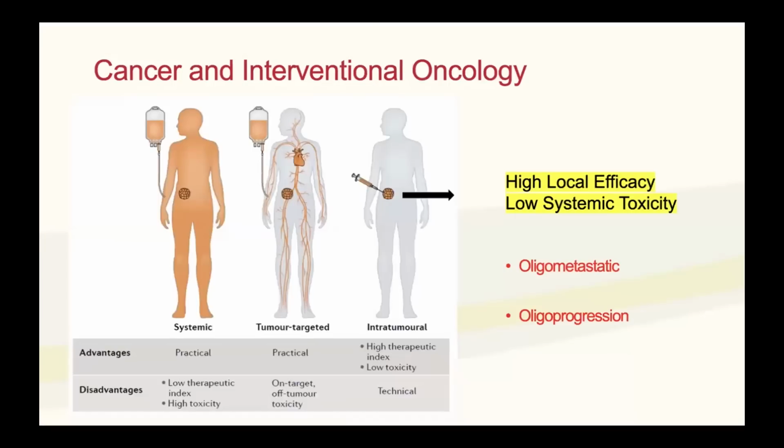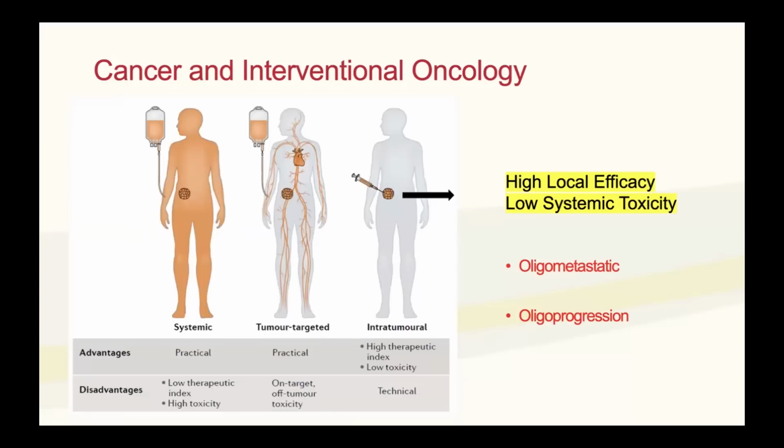In the past, this is sort of what we used to think. Systemic therapy is good because it covers the cancer pretty well, and the rest of the body, but there is some casualty, right? Because it affects the entire body. Tumor-targeted therapy is even better because it can affect the tumor more precisely, and perhaps it would have less off-tumor targeting, but still there would be toxicity, and how much of the drug can go into the tumor, I mean, that's sort of